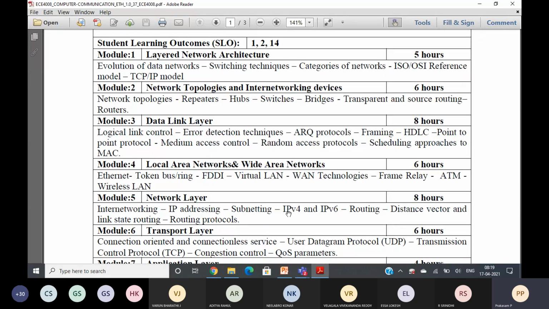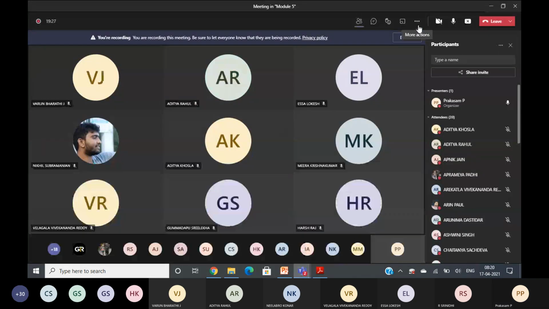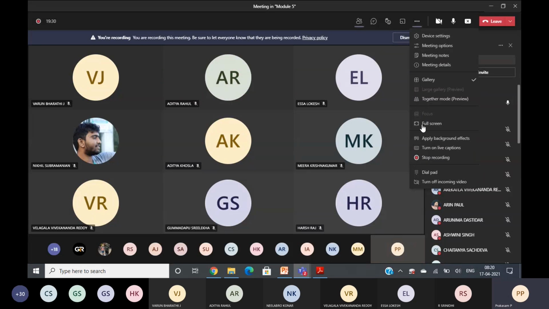I think we have seen many problems in IP addressing, so you can practice a few problems. You will get 10 marks for this: one question from subnetting IPv4 for 10 marks, one from HDLC for 10 marks, and one from ARQ protocols and bit stuffing, byte stuffing for 10 marks, 30 marks in total.